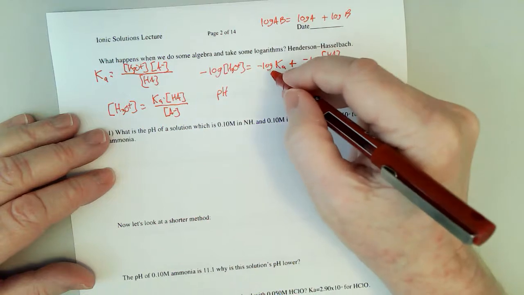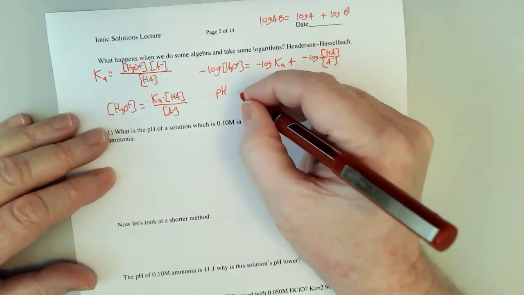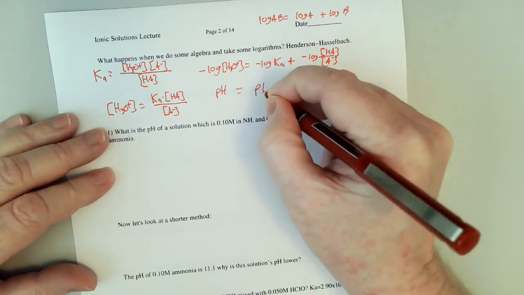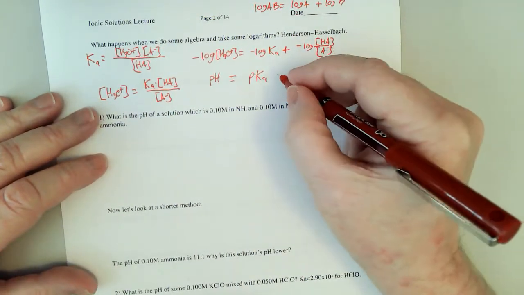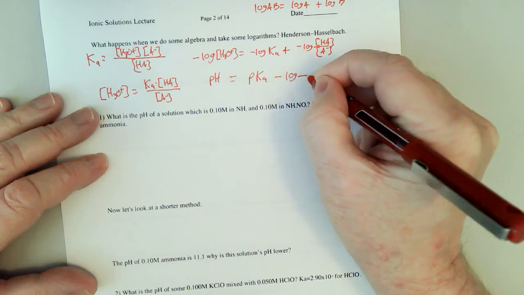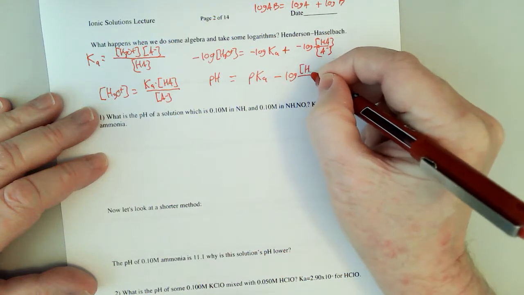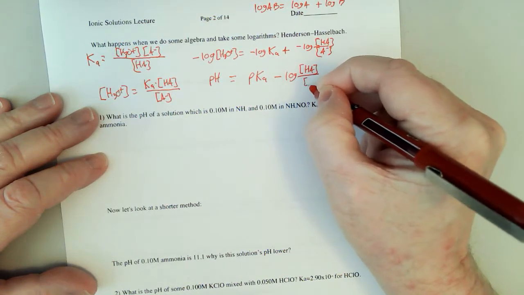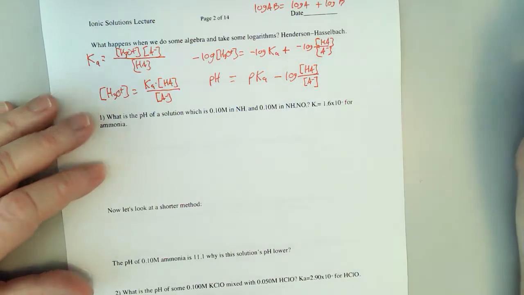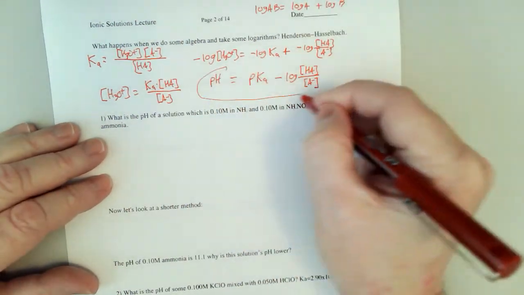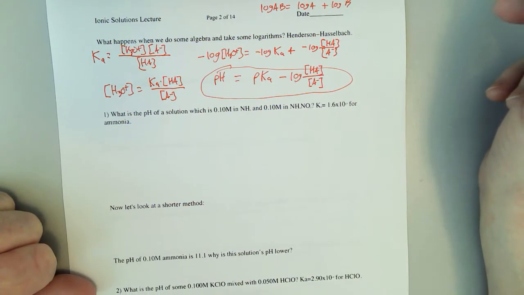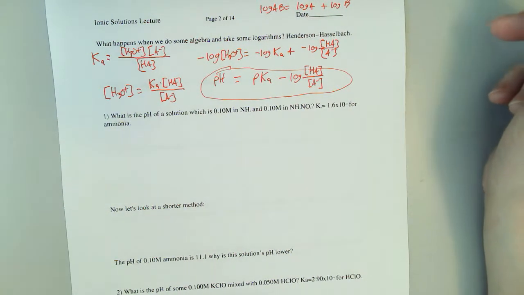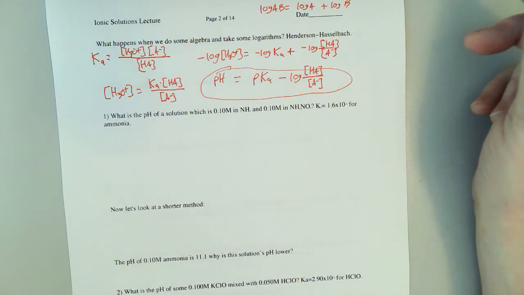Now, it's actually the same thing here. When I do the negative log of the Ka, we just call it the pKa. Negative log means P. Minus the log of the ratio of HA divided by A minus. And this is a very convenient thing called the Henderson-Hasselbalch equation. Okay? Now, let's do the same problem